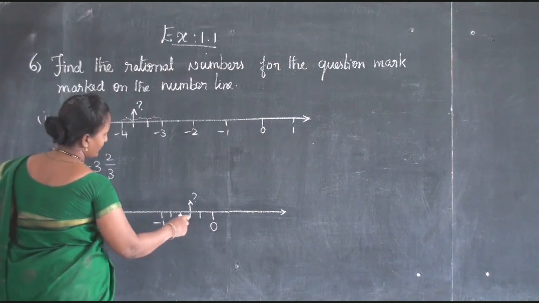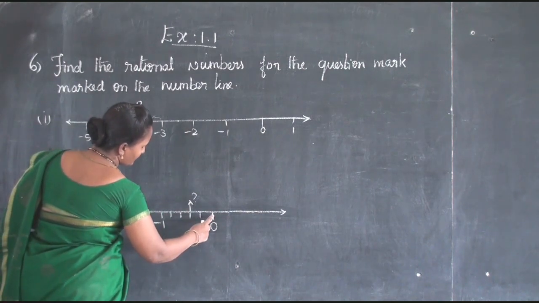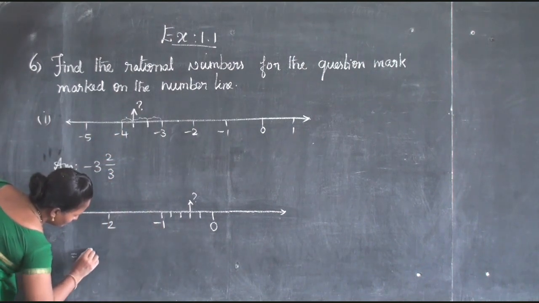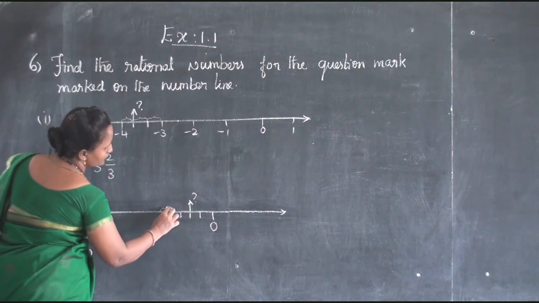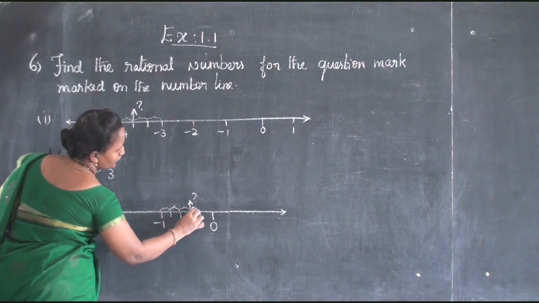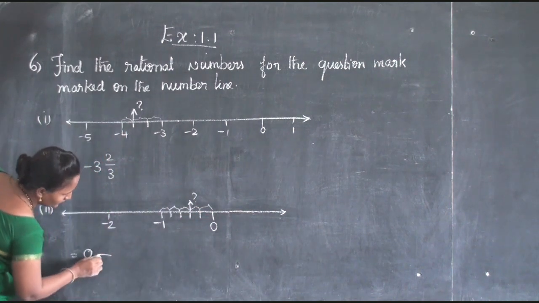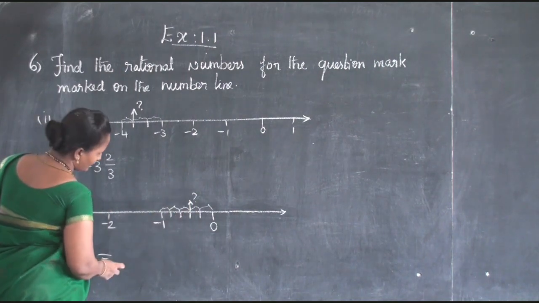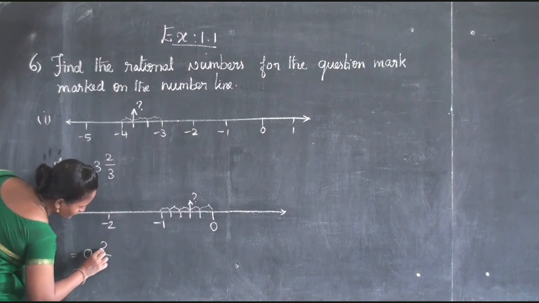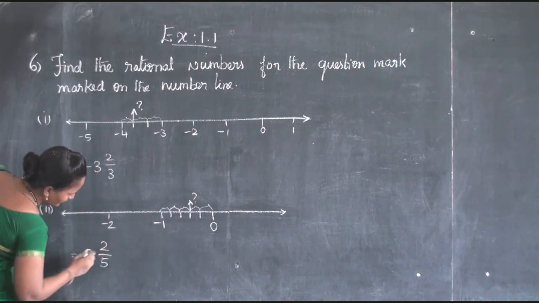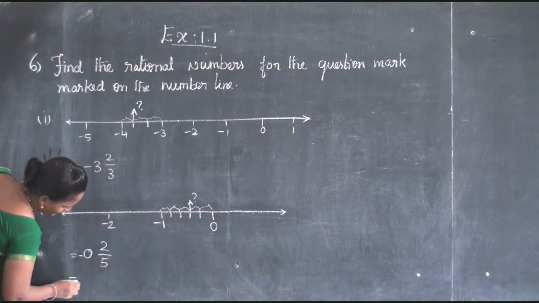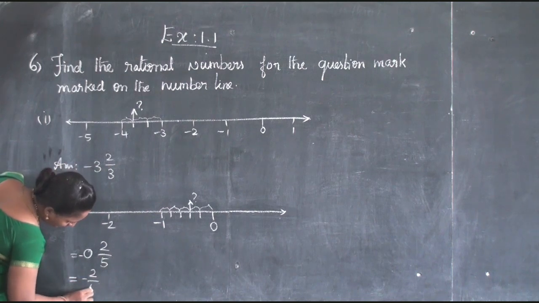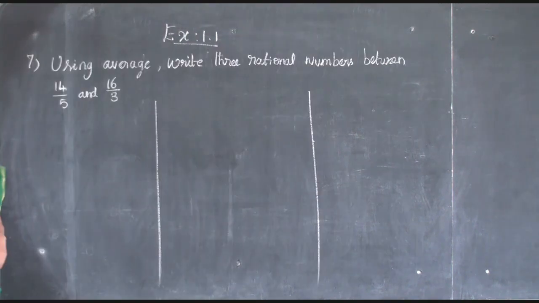Here's the number line. The question mark lies in between 0 and -1. So here whole number is 0. How many parts is there? 1, 2, 3, 4, 5. So put in denominator, and which part is the answer? Second part. So put in numerator. It is in negative side. So put sign minus. So answer -2/5. Now the seventh sum.